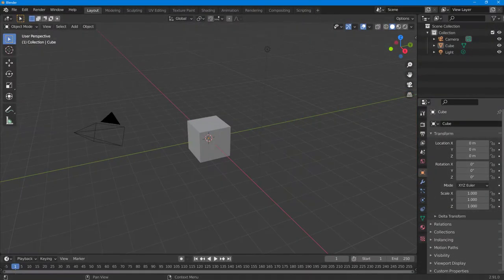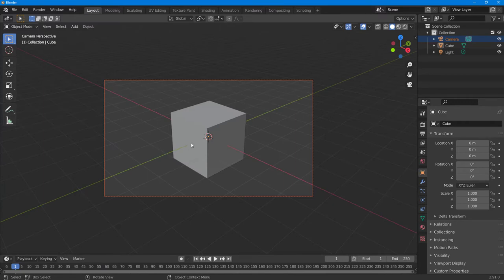So now let's see how we can lock camera to view and then animate inside of Blender. Over here you can see that I've got an object and a camera right here. If you want to animate the camera naturally, then you might want to lock the camera and then animate it out. To do that, I'm going to go right here onto the camera and select it,